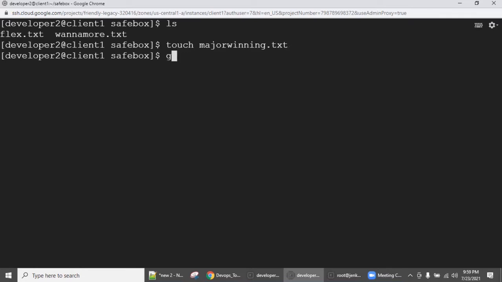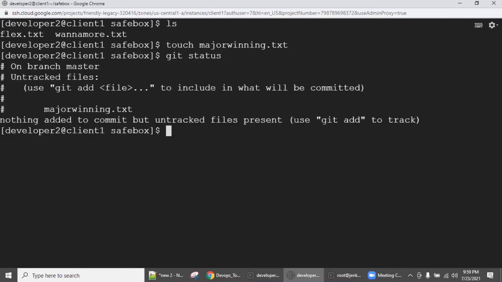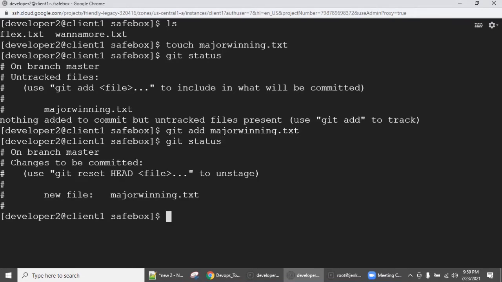Now he is saying git status. Then git add, and you can type the file name or put a star, so automatically it will gather all the new files. Now you do a git status. Everything is fine. Now the only thing is you need to commit it.